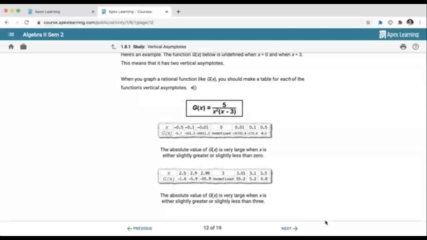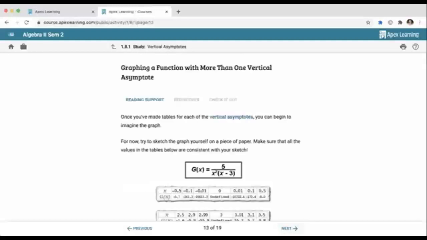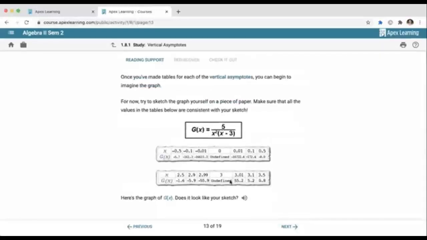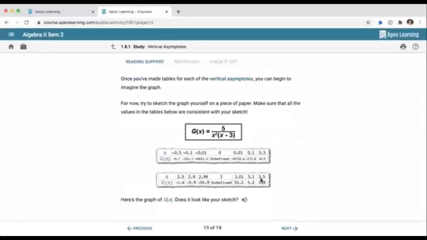Or our denominator 0. Okay. So if we're looking at it, then we can pick values on the left and the right hand side of both of those asymptotes and see the general shape of what that graph should look like. All right. So then based on those values here, if we